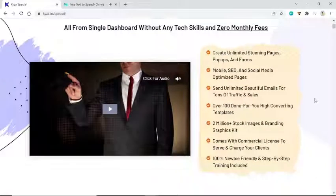Create unlimited stunning pages, pop-ups, and forms. Mobile, SEO, and social media optimized pages. Send unlimited beautiful emails for tons of traffic and sales. Over 100 done-for-you high-converting templates, 2 million plus stock images, and a branding graphics kit. Comes with a commercial license to serve